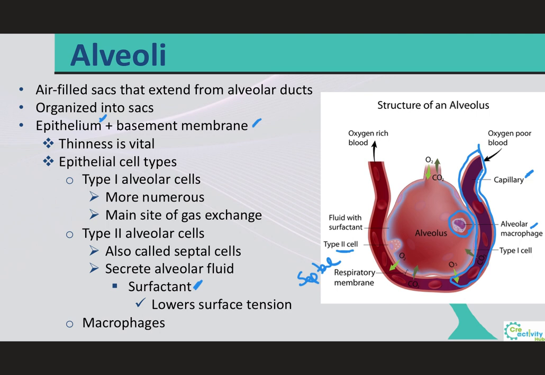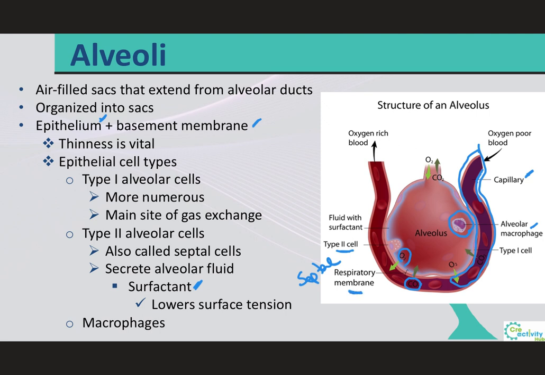Notice as well the exchange of oxygen and carbon dioxide between the air spaces in the lungs and the blood, which basically takes place by diffusion across the alveolar and the capillary walls, and together they will form